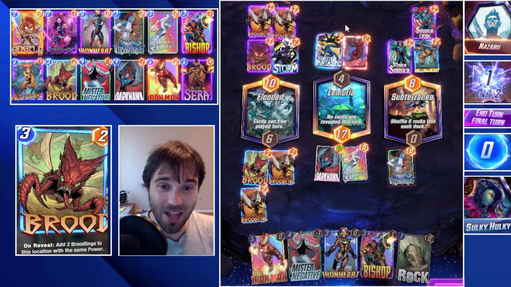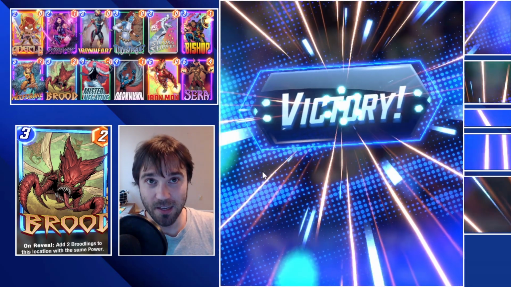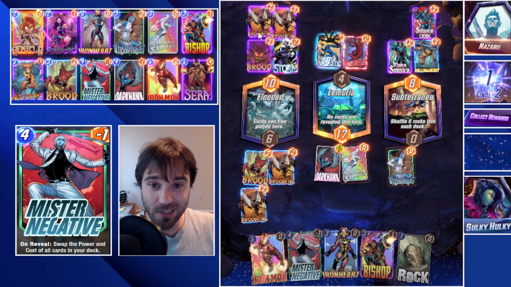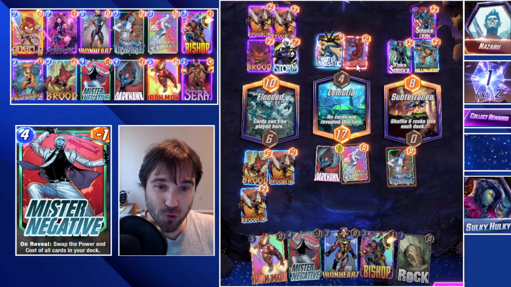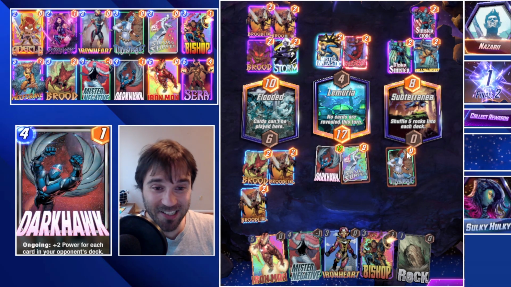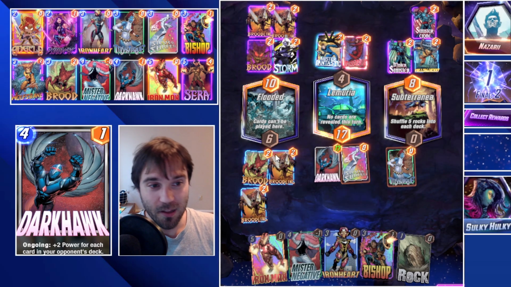So even if they do have the Silver Surfer that comes down, that would buff up this lane, and then we have a lot of flexibility here. So they do the Silver Surfer, we lose this lane, but we should be able to keep pace and outpower them here and here. Our Mystique is going to be a 16 power copy of the Hawk. That is a huge...